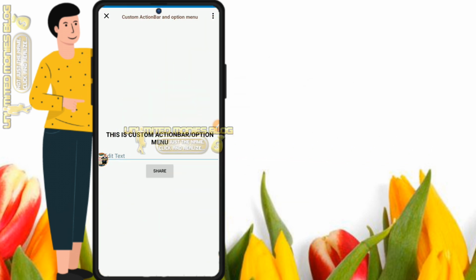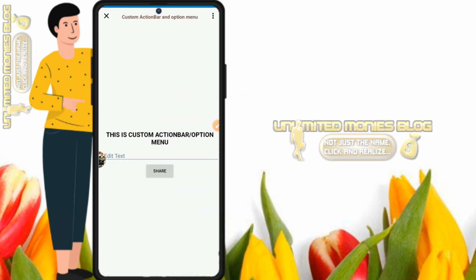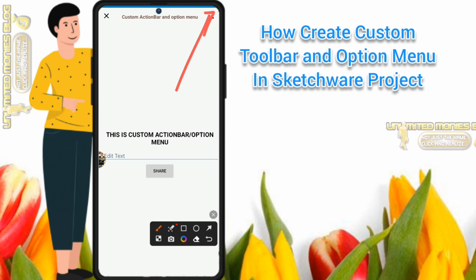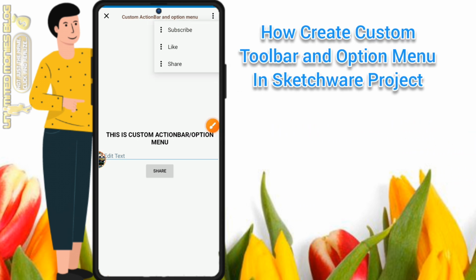Hello friends, welcome to Unlimited Monies Blog. Do you know you can have something like this in your Sketchware? When you click on a particular place like this, you have what we call an option menu with a custom action bar. What I mean is that, as you can see, sometimes you may think